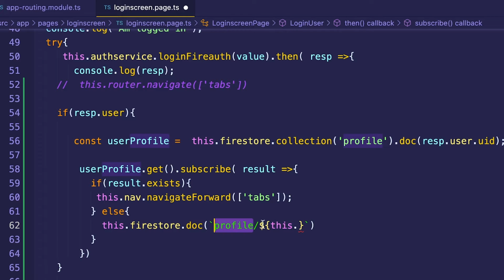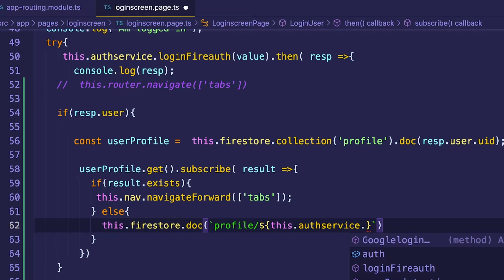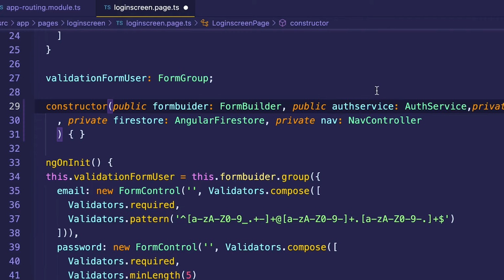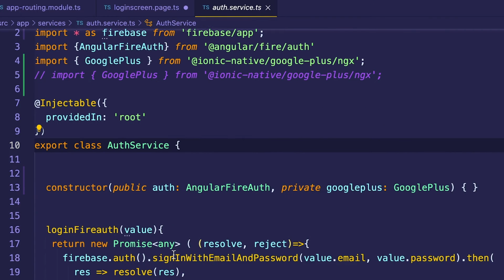Then we navigate to the user's ID, which will be authservice dot get. Okay, we don't have it, so let's go in our auth service, and then we create ourselves a UID,